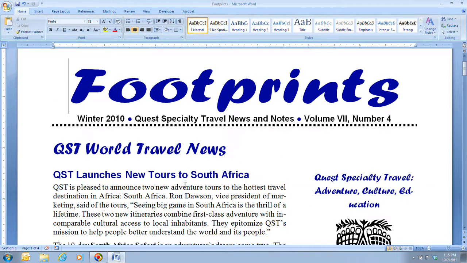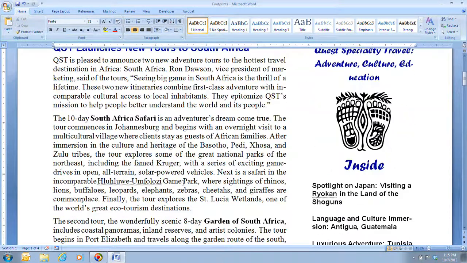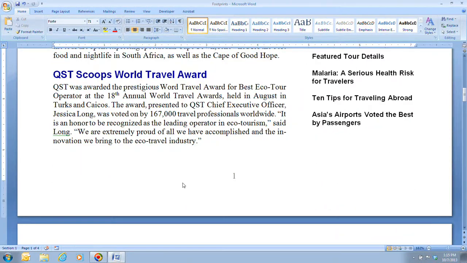And notice that everything now becomes back to life. It's no longer dimmed or grayed out. But we do need to scroll down to the bottom of page 1. And of course, whenever you double click or click on that Close Header and Footer section, that will close the footer area. Now, the page number that you're taking a look at at the bottom of page 1 is now dimmed